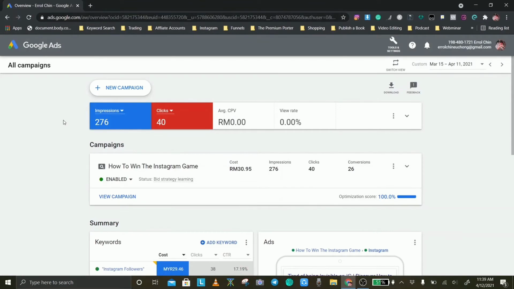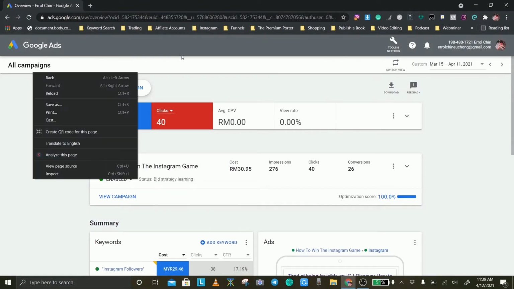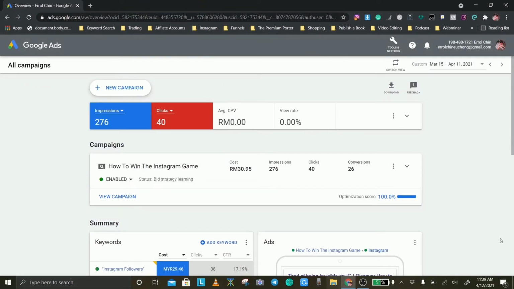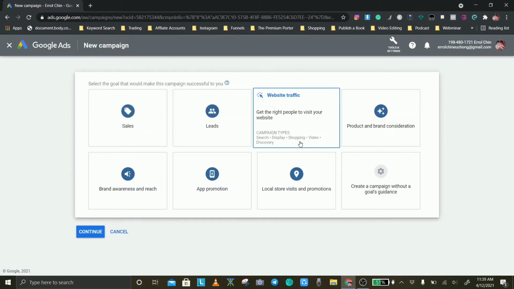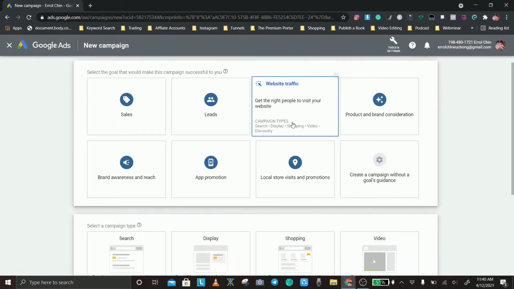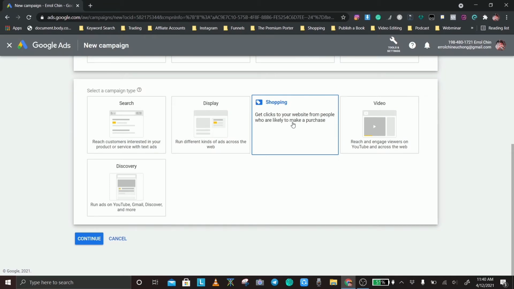So let's begin. This is the first page you will see when you are on Google AdWords. Click on new campaign. Google will ask you what is your objective for this campaign. Our objective is to get people to our website. That is my objective for this campaign. Then Google will ask you,